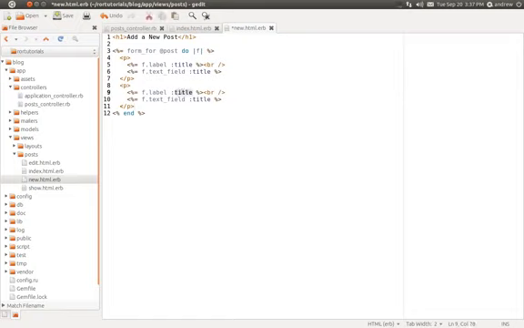and we want to create one for our content. We need a label for the content and a field for the content. But we actually don't want just a plain text field. We want a text area for the content so that they can enter in as much content as they would like. Finally, we're going to create a submit button. So I'm going to paste it one more time and then delete the label, and rather than a text field, we're going to want a submit button. And then we can also tell it what text should appear on the submit button. So we'll say add a new post,